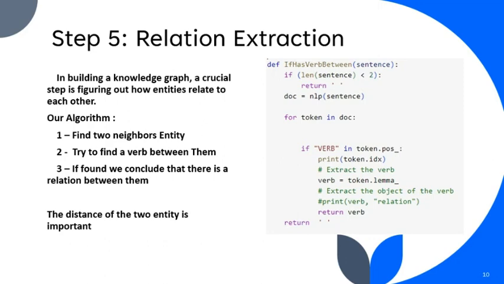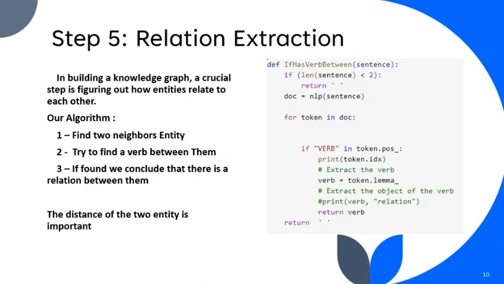And if you can see the algorithm here, it gets the sentence and tries to use NLP. The NLP is from the spaCy library, and it takes out all the tokens. And if a token is a verb, it means that in the sentence, which is the words between two entities, there's a verb between them. So maybe entity 1 does something on entity 2.